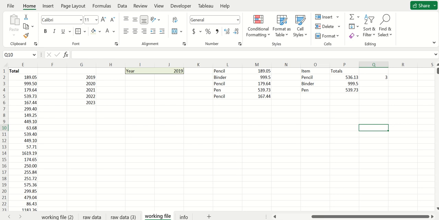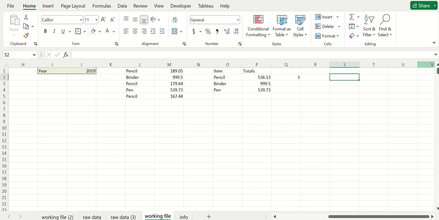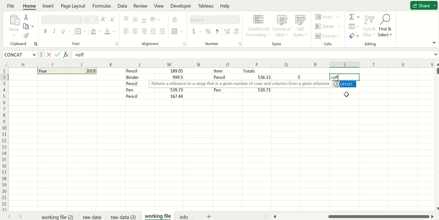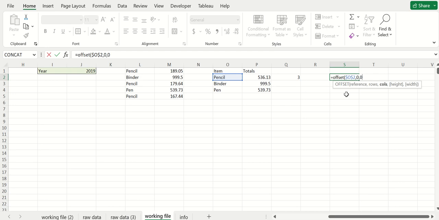And then now the last formula I need is going to be in cell S2. This formula is going to tell Excel to look at the formula we just created in Q2 and then use that number and only graph those amounts of rows. Again, this is going to keep you from having to do manual work on the back end. So the formula here is going to be equals OFFSET. We're going to do O2 and then hit F4 to lock it in, comma 0, comma 0, comma Q2 again, lock that in, comma 2,